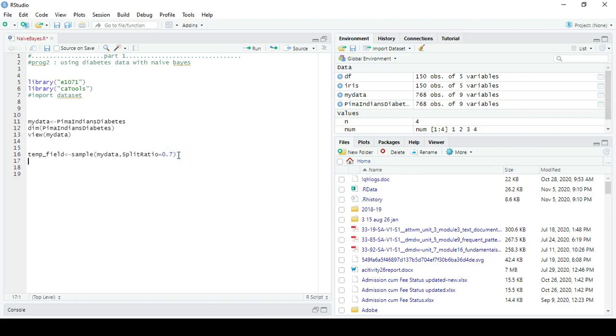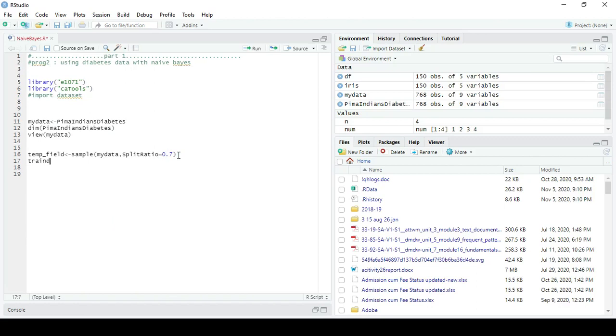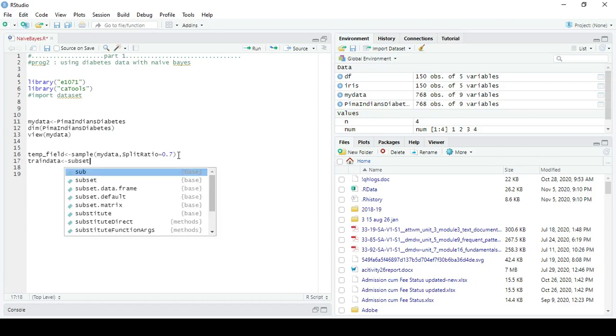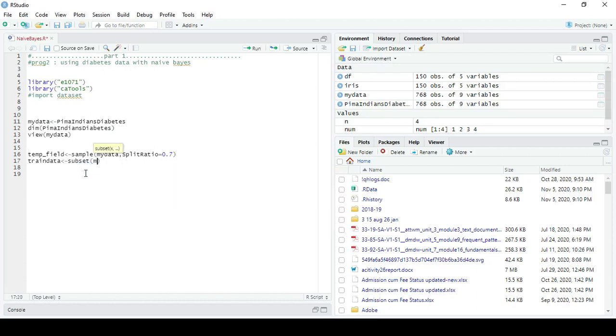Then train data, subset my data, comma, temp field equal to true.